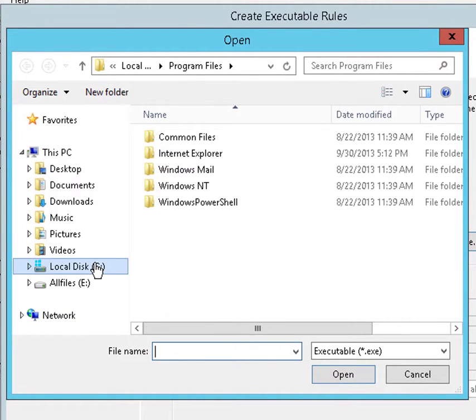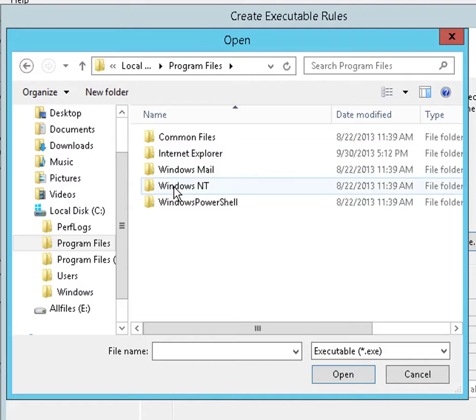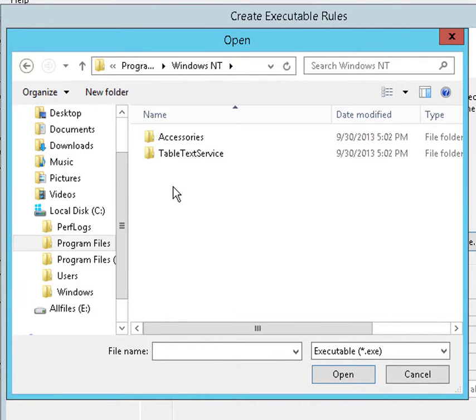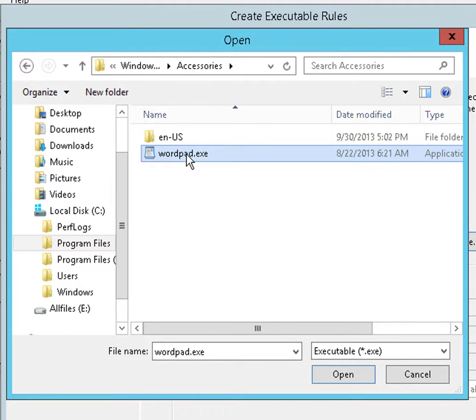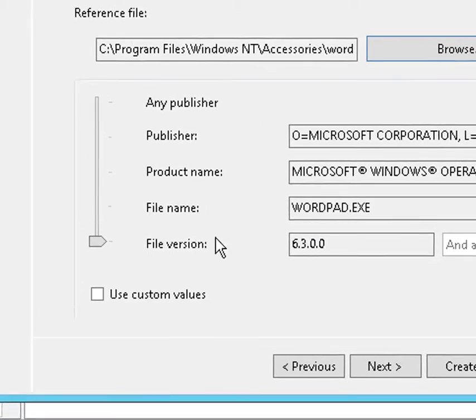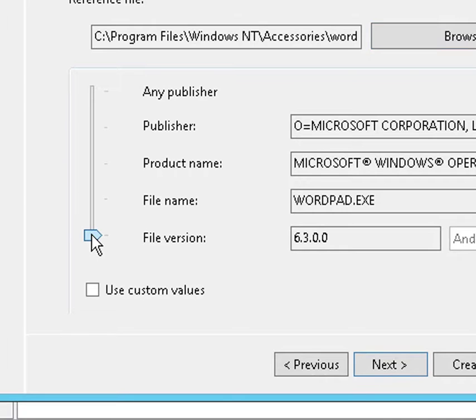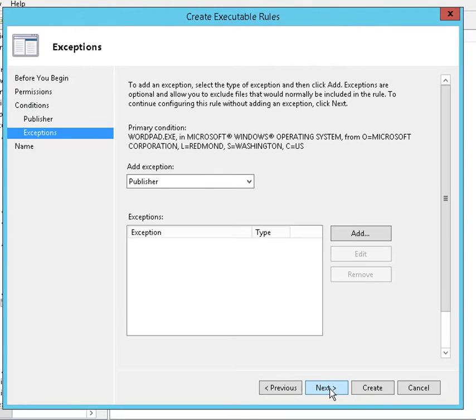So go to our C drive, to our Program Files folder, to our Windows NT folder, to our Accessories folder, where we will find our target program, WordPad. So select WordPad, hit open. That populates the publisher screen, and we're going to slide the slider up to just the file name. We don't care about the version, just the file name. We could basically block anything from a particular publisher or a particular product or whatever, but we've got this level